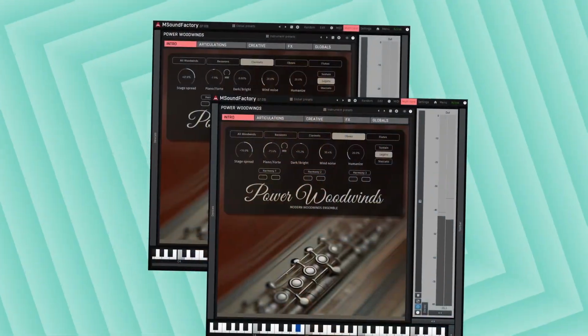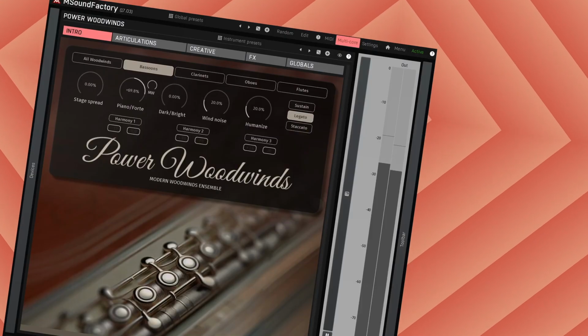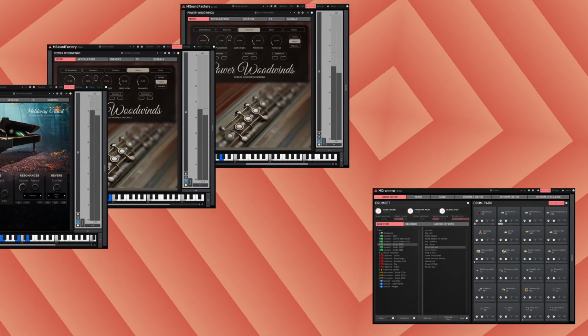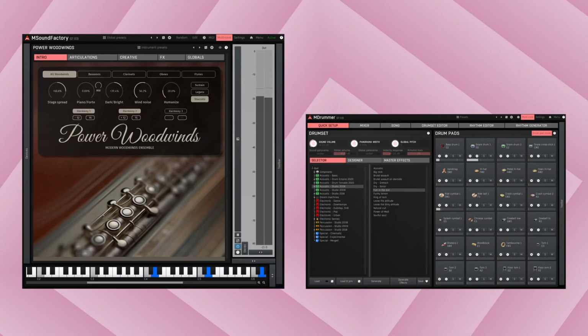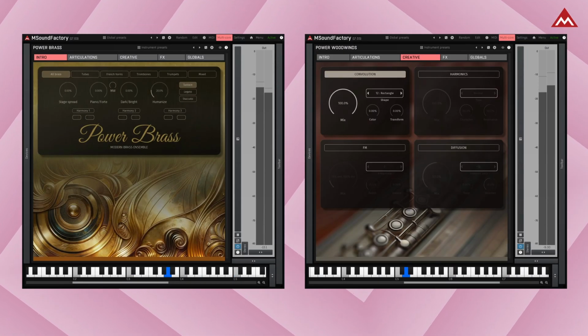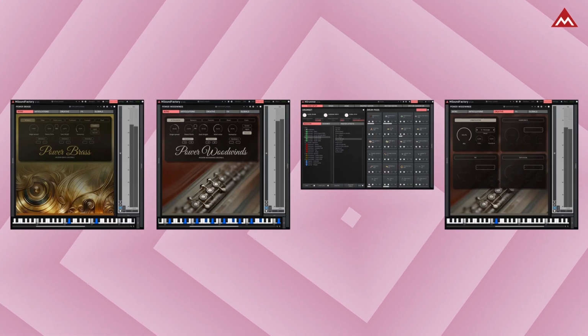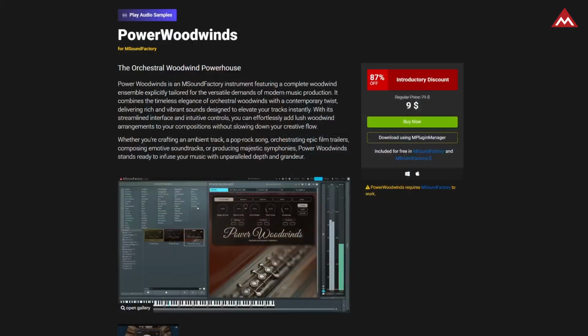PowerWoodwinds is Melda's newest premium library for MSoundFactory. With PowerWoodwinds, Melda is starting to round out a whole power orchestra. First was Power Strings, then was Power Brass, and now follows PowerWoodwinds, which is similar to its predecessors in many